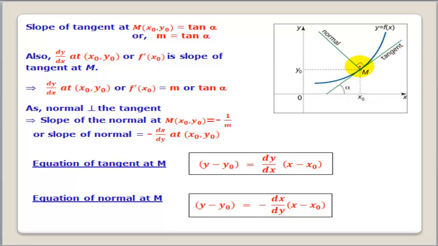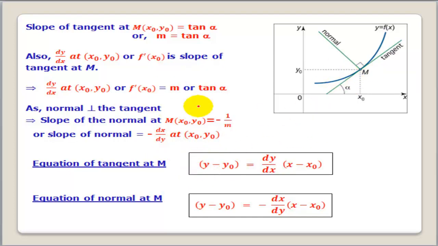Now if you see for this tangent, we know the coordinates of the point M. So if we are finding the equation of this tangent and the slope of the derivative we have evaluated at this particular point only, that is x0, y0, then slope of the tangent at this particular point can be defined